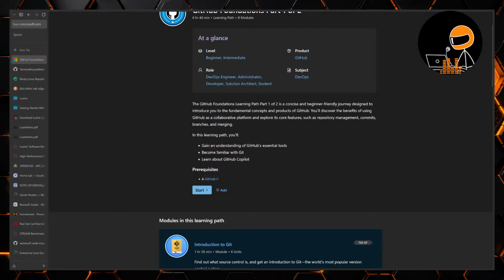The GitHub Foundations learning path, part 1 of 2, is a concise and beginner-friendly journey designed to introduce you to the fundamental concepts and products of GitHub. You'll discover the benefits of using GitHub as a collaborative platform and explore its core features such as repository management, commits,